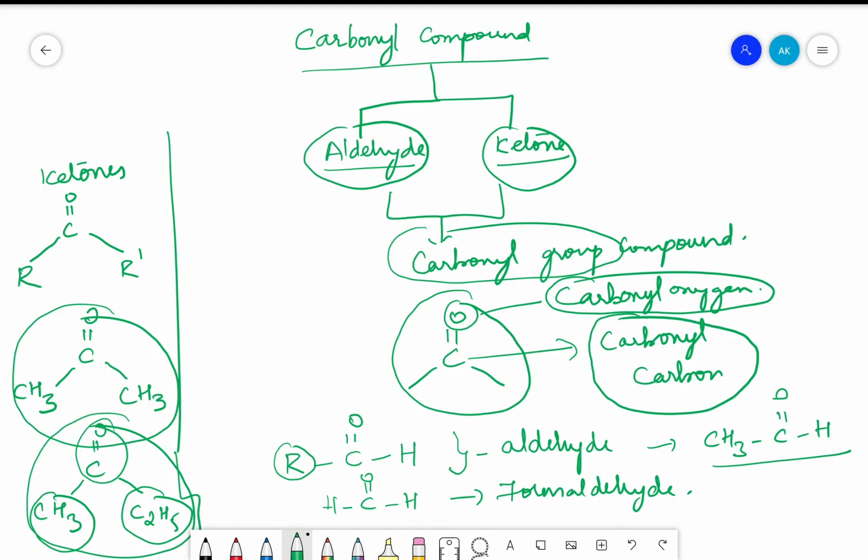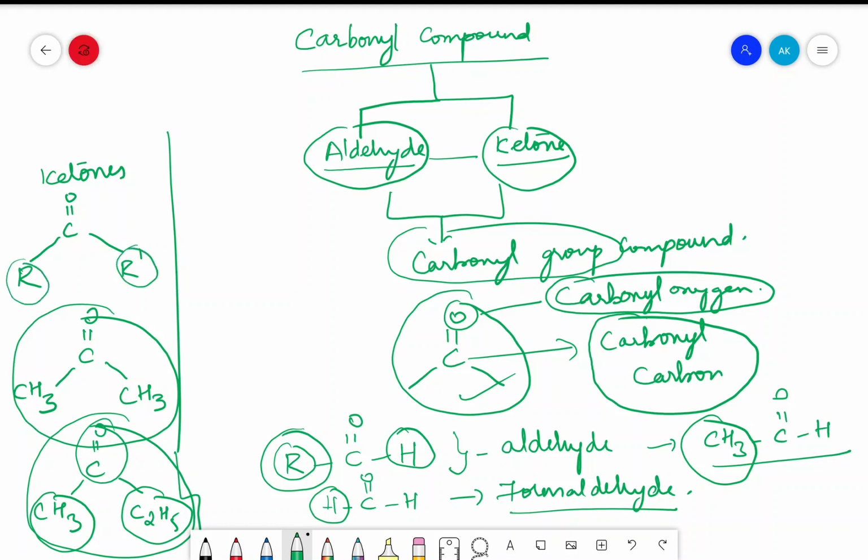You need to remember here, aldehyde and ketone together constitute the carbonyl group. We have a general formula, C double bond O with two bonds here to satisfy the valency of carbon. Here, if you write R and H, then it is aldehyde. R is nothing but an alkyl group. Here we have seen the example of CH3. Exception to this is formaldehyde. Instead of R, I am writing H here. Then it is formaldehyde. For ketones, we have R and R dash. R can be the same, here R the same, CH3 and CH3. Then it is acetone, or dimethyl ketone. The other name for this compound is dimethyl ketone.